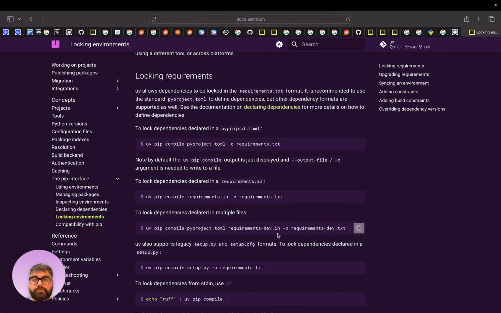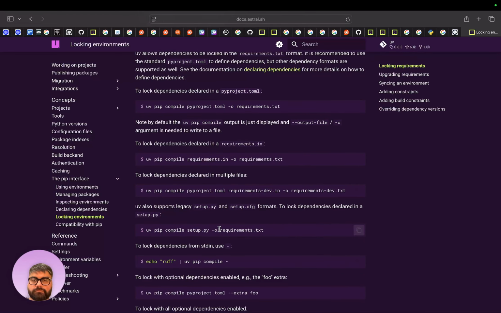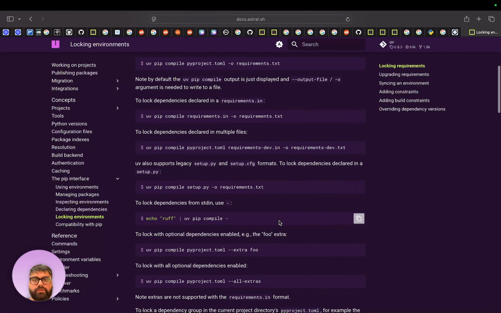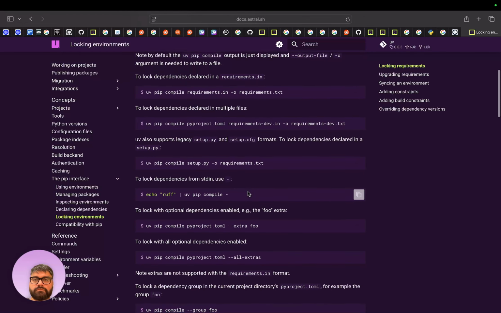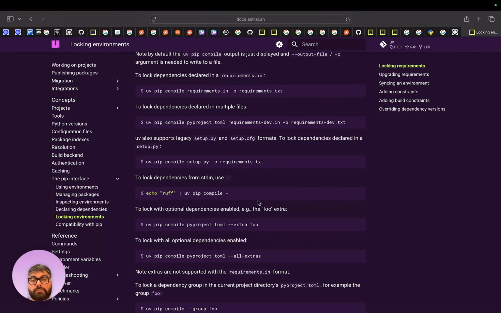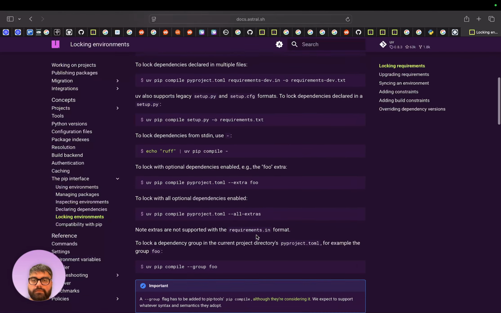Oh, so I can have multiple. UV also, oh, this is nice. They do legacy support. This is really an all-in-one, one-stop solution, eh? Oh, okay. That's funny.